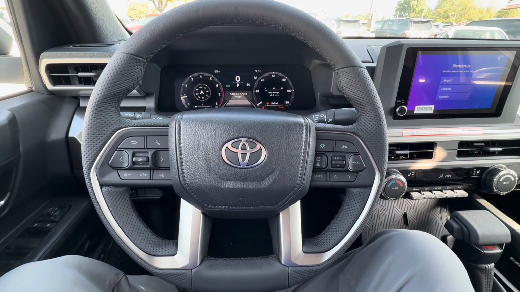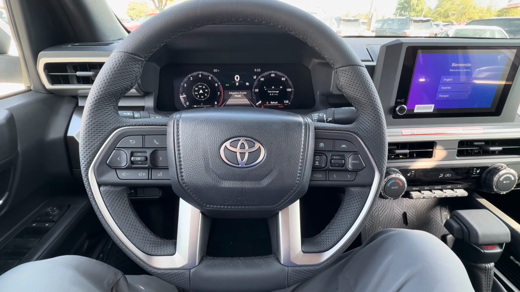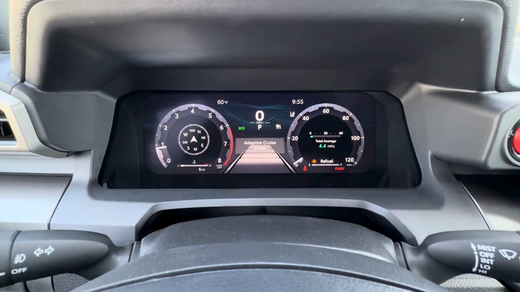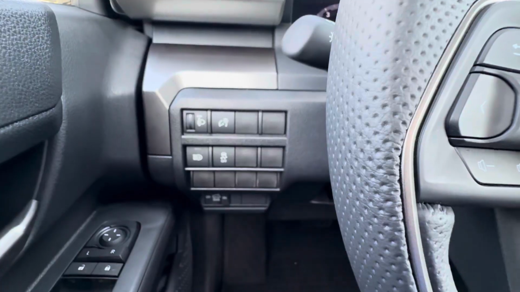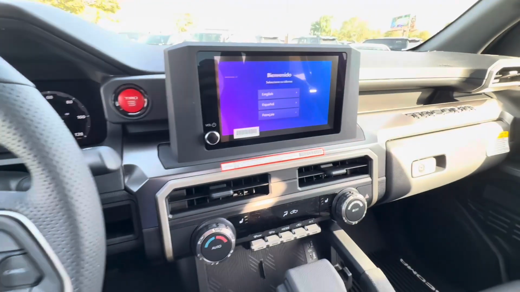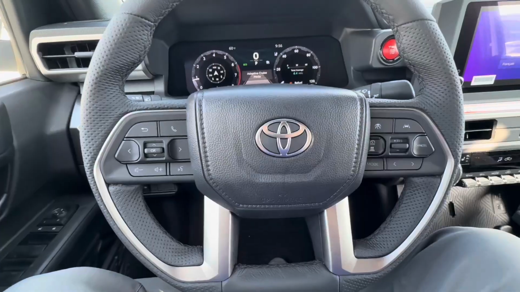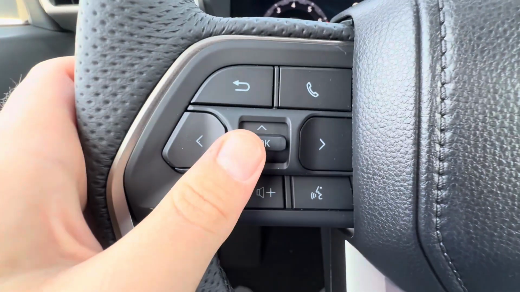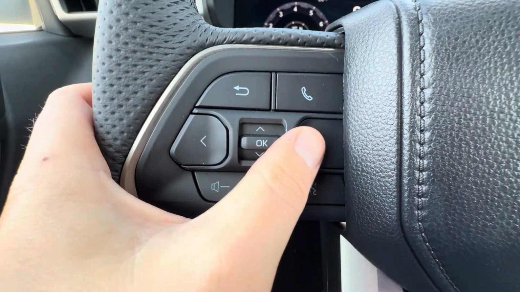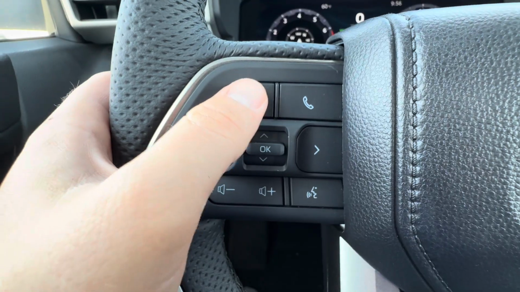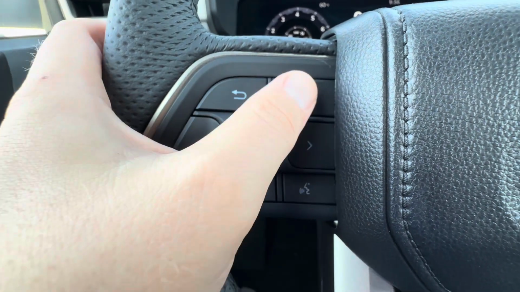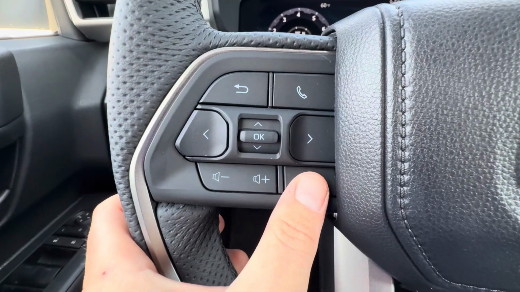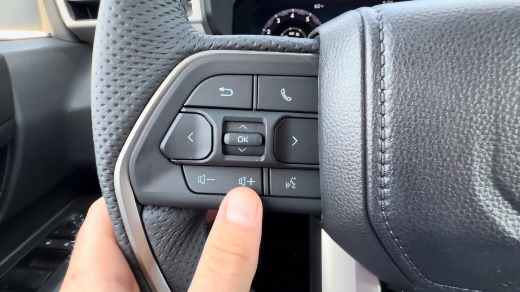All right, today we're going to go over some of the basics when it comes to what you're looking at on your steering wheel, your digital cluster, your button options, as well as your infotainment center. On the left side of the steering wheel is your digital dash navigation, to go back on your menu options, answer phone calls, make voice commands for Android or Apple CarPlay, and control